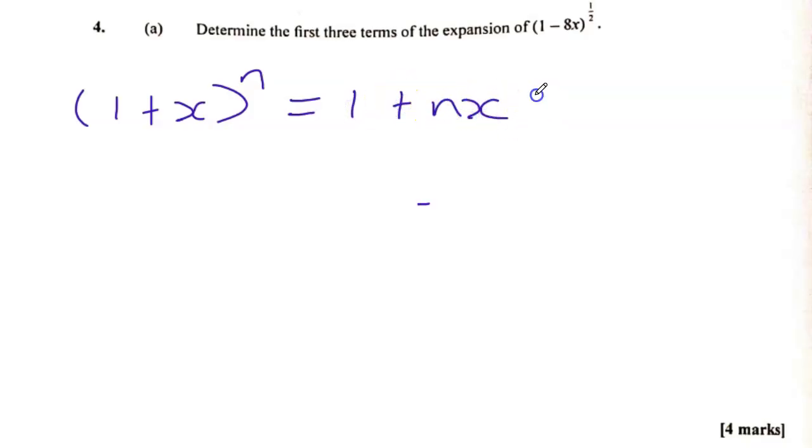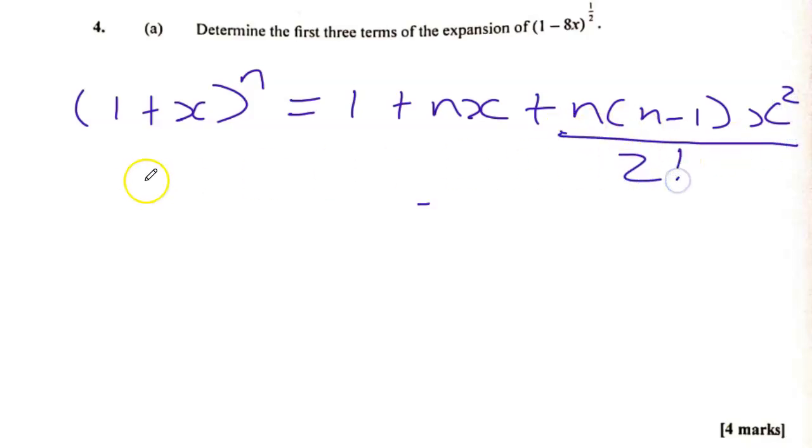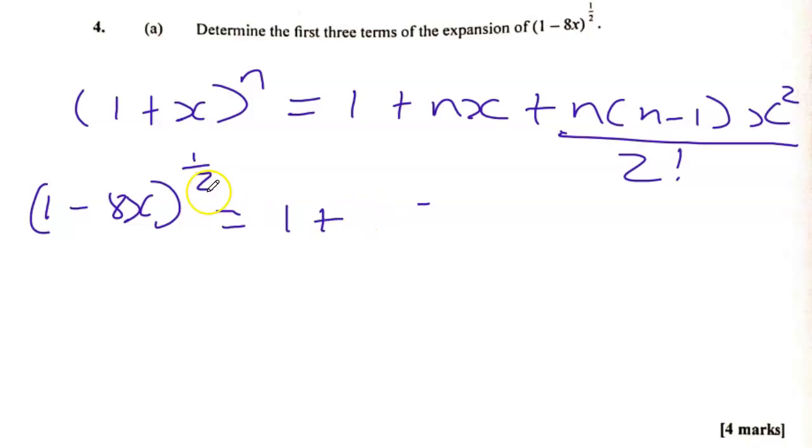So 1 + nx + n(n - 1)x squared over 2 factorial. So in this case, we are 1 and we replace x now with negative 8x. n will be the power there, half. So that's 1 plus n, the power of half, times minus 8x,